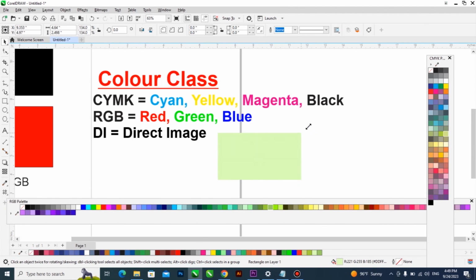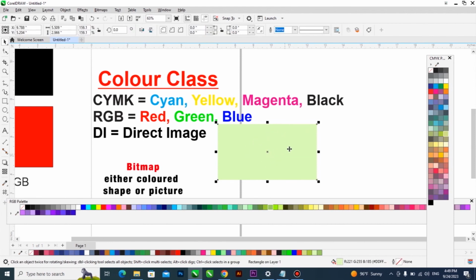Now that function, that command I want every graphic artist to be doing whenever they use RGB colors on normal process printing design, or normal process printing, book publishing or anything, they need to come to bitmap. Please pay attention to this. If you don't bitmap an RGB color for process printing design, it will give you a different color